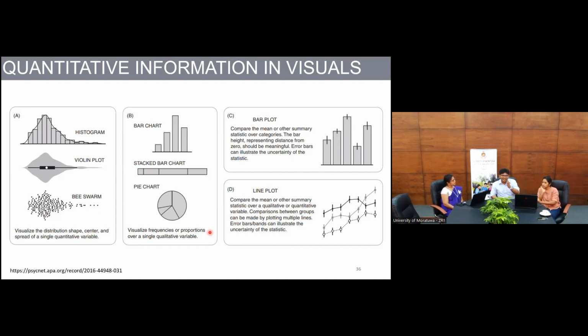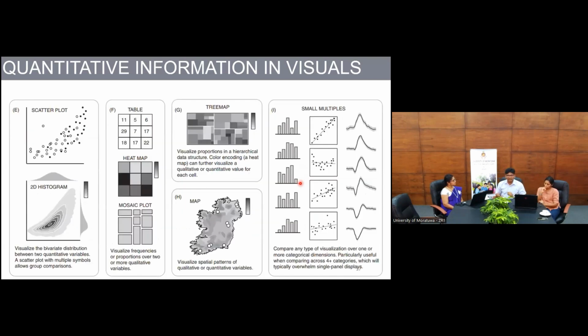The third level, the C and D plots, indicate how you can convert your numerical summaries and compare them with each other. So for example, the bar chart indicated here has a distribution, the mean plotted at the top of its height, and then you have a line plot which gives you the variation. So that is another degree of information, how it varies with time maybe, with different concentrations or whatnot. You can think of different ways of visualizing. I'm just giving you the example. So these are the basic types of visualization, from the univariate type to comparing variables.